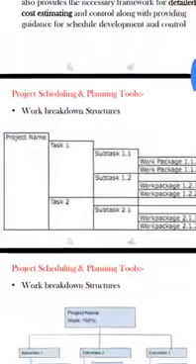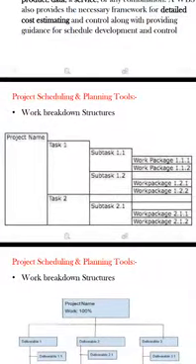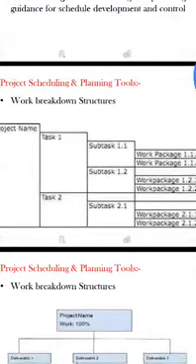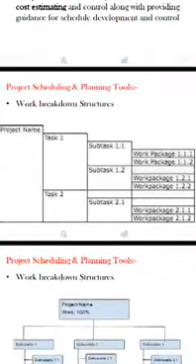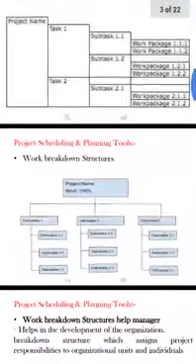Yes, this is the figure or structure of a project work breakdown tool. Here, the main project is divided into two tasks, task one and task two. Now next, task one is also divided into different subtasks, and task two is also divided into different subtasks. Next, a subtask is again divided into different work packages. That's why a complex problem is easily understood by the project team members, and the project will be completed on time. This is another example of a work breakdown structure.